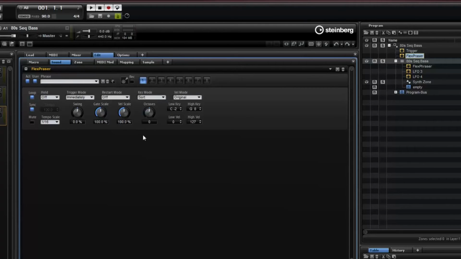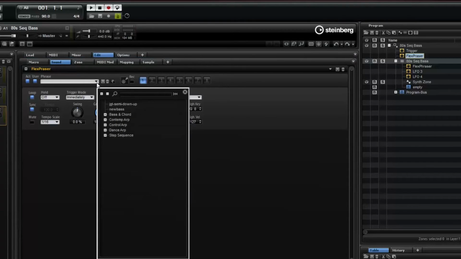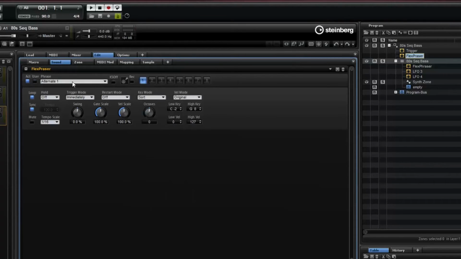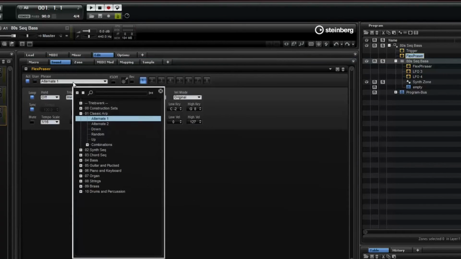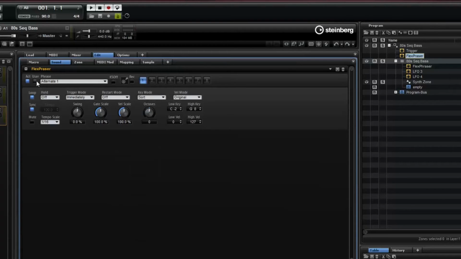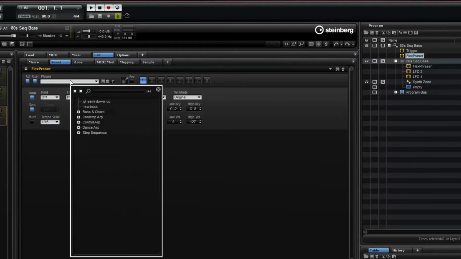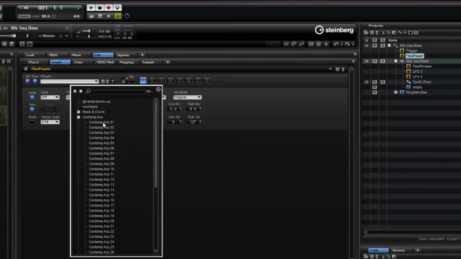Let's go back into user here. And under user, I can have a lot of starting points. This is a different list than the other list. This has bass chord, contemporary ARP, control, dance, and step sequence. Again, if I turn this off and then drop this list down, the list is very different. Okay. So I'll go back to user, and I'm going to start with just a contemporary ARP